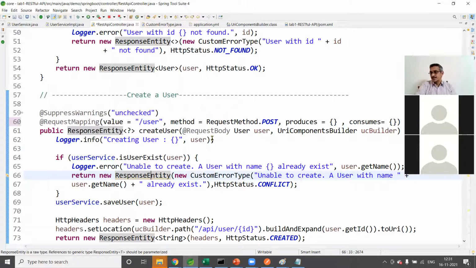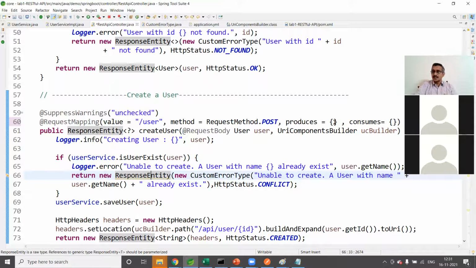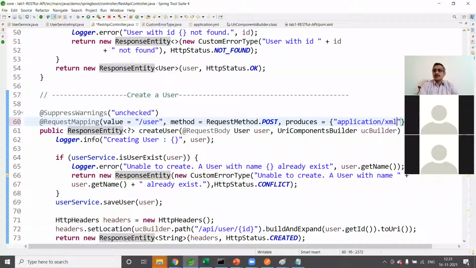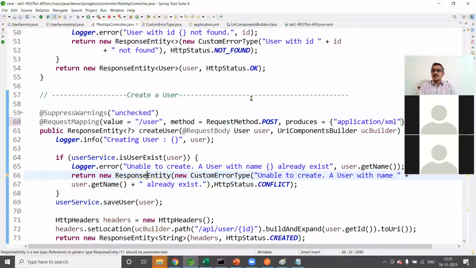These are very important. By default in Spring, these two are enabled, both XML and JSON support. But if you want only XML, then in the braces you can mention application/xml. Here we are telling that this will only give the response in XML. Once you explicitly mention this, even if the client says I want JSON, it won't come. First you have to configure in the service what media types this service produces and what media types it consumes.